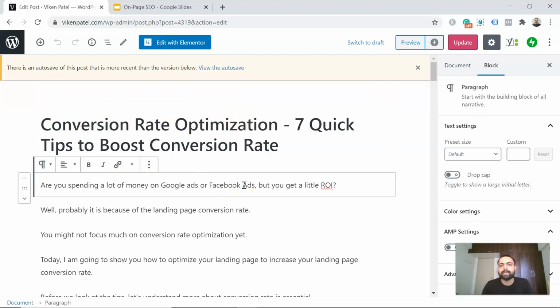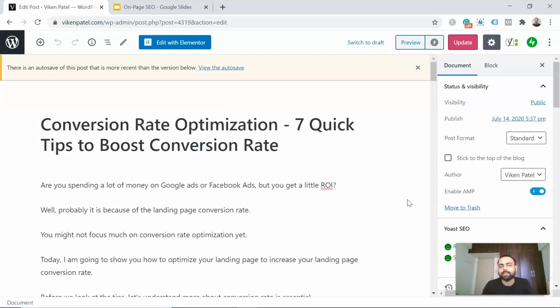After that, your next parameter is that you have to add this keyword in the first 100 words. Why do you need to add it in the first 100 words? Because this is how Google will come to know about the main topic of your website page or a blog. Adding our main targeted keyword into this page will help Google understand your page topic, and Google will consider your website page or a blog for ranking on the first page.